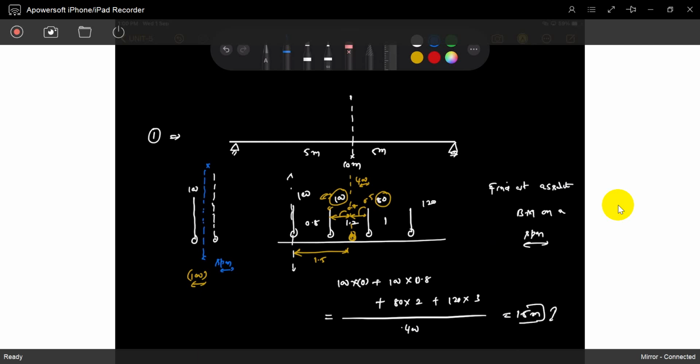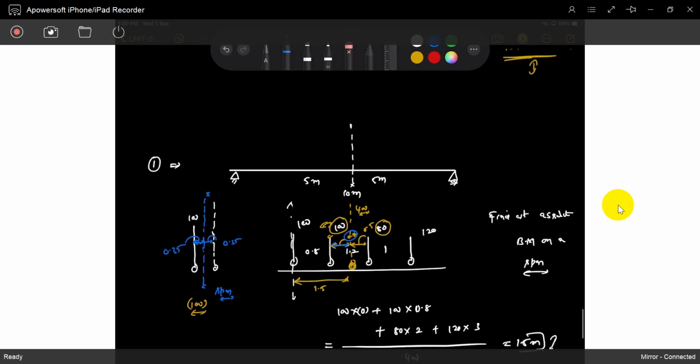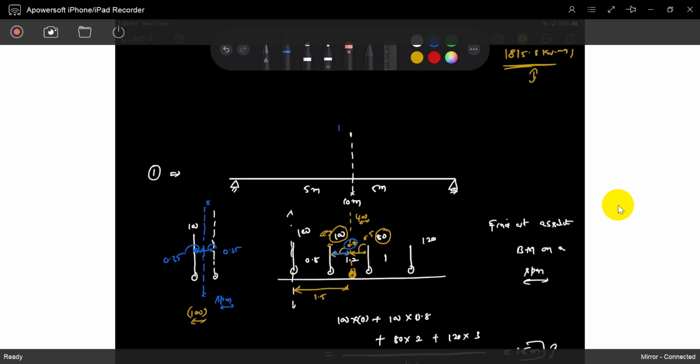So how can I arrange it? See, what is the distance between these two? It's 0.7. Already seen, it's 0.7. So bisect it. 0.7 divided by 2, 0.35. That's it, right? This is 0.35 and this is 0.35. So you will arrange that set. The 100 is exactly placed at this 0.35. This is 100. First you find that out. That's enough.